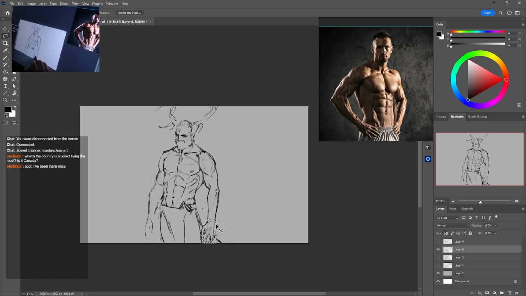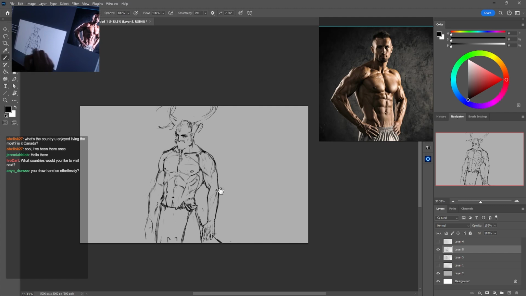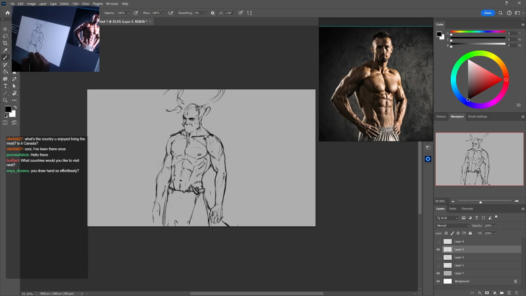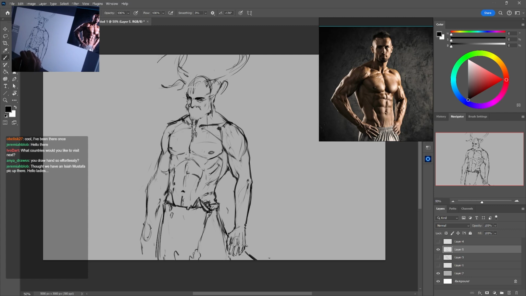I'm gonna make it a little bit smaller. So, hands. I'm gonna draw his other one in here.